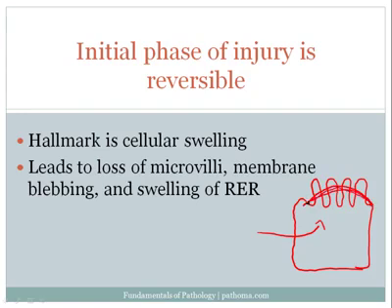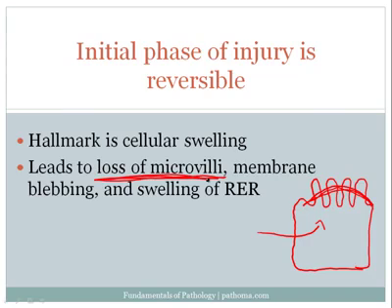It's sort of like taking a hospital glove or a medical examiner's glove and blowing it up, and the fingers will disappear as you put more air into the glove. So as you put more water into the cell, these fingers on the surface of the cell are going to disappear. So that's why one of the hallmarks of reversible injury is loss of microvilli. Most textbooks will tell you, and examinations will ask you, about the loss of microvilli.